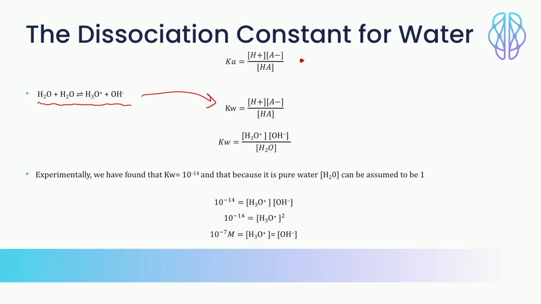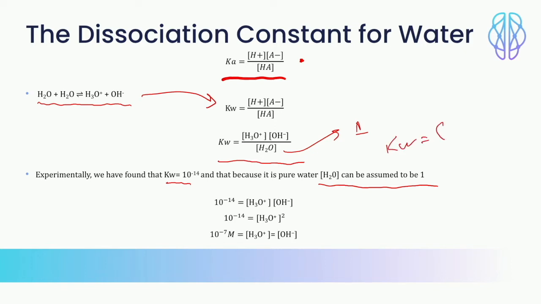Another thing I wanted you to note is the format. It's very important that you have your formula and your substitutions all underneath, because you do get marks based on your formula. So when we sub that in, we get this here. If you flick back to the previous page, there were three very important things I wanted you to remember. The first, that the Kw we found experimentally to be 10 to the power of minus 14, and the concentration of water being 1. So if all of this is all over 1, it would be nothing but